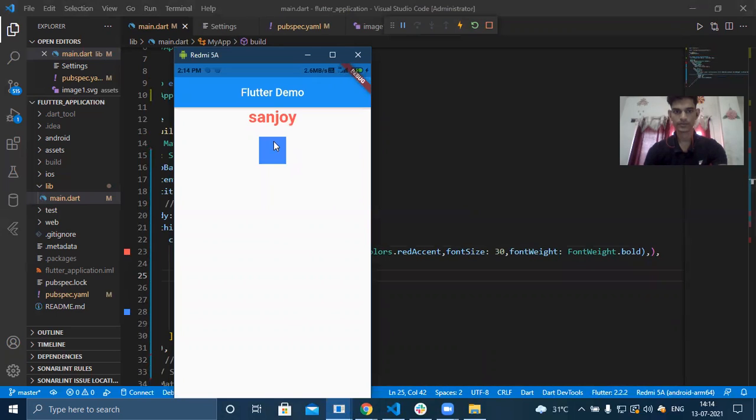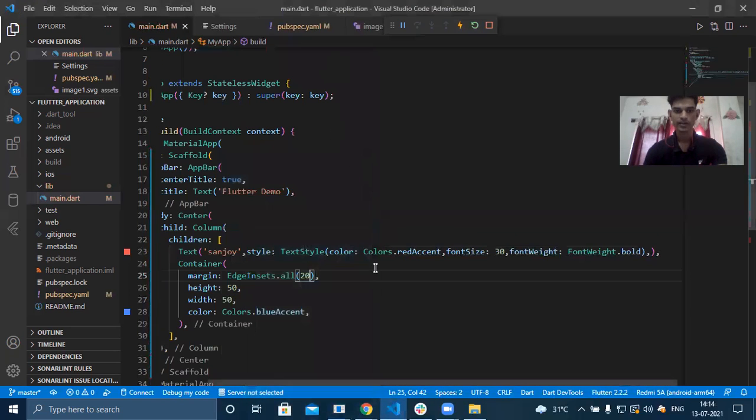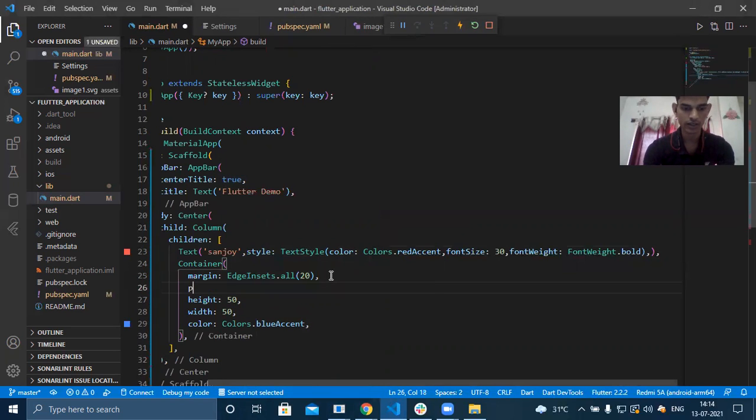So now you can see it gives the margin from all four sides, and you can use padding also here inside this container, like padding as EdgeInsets.all. I'm going to give padding as 20.